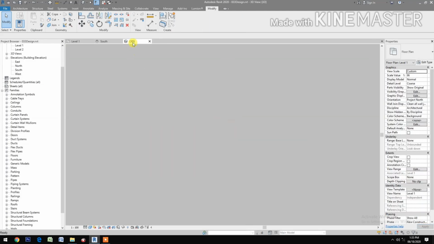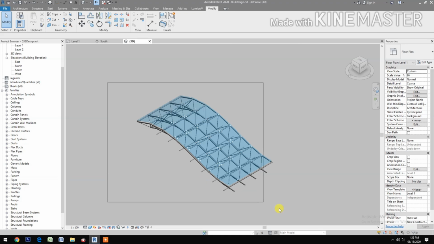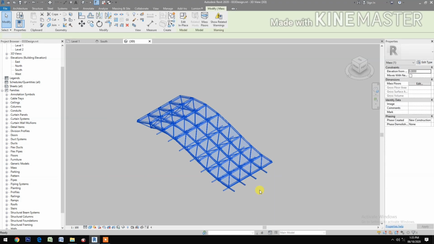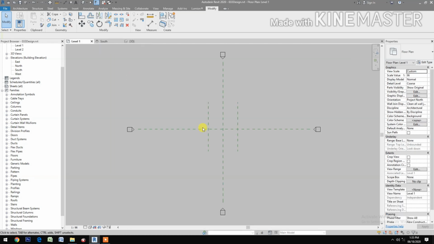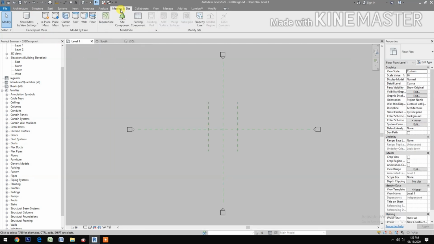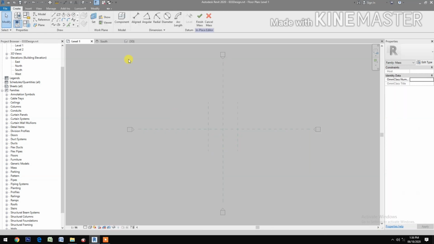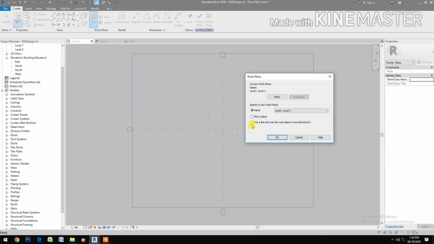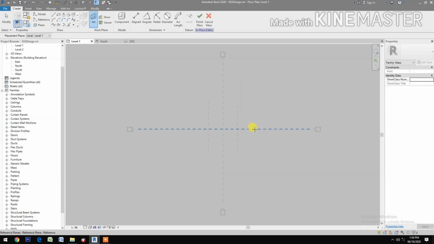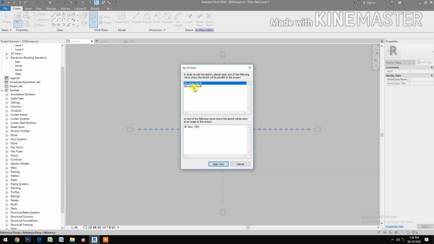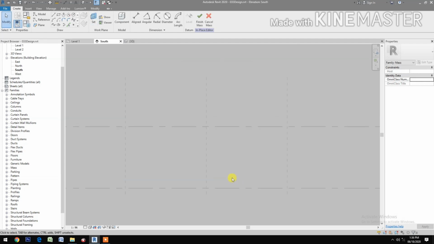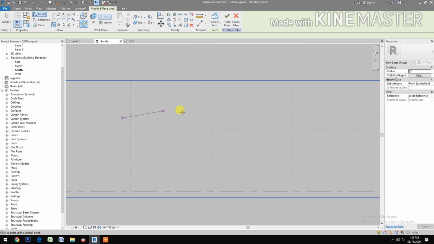Okay, let's go to 3D. Let's delete this one and create a new one. Go to level 1, go to massing and site, turn on show mass, select in place mass, mass 1, okay, set work plane, pick a plane, okay, pick this reference plane, and let's select the south elevation, select spline through points, let's draw the profile of the roof,